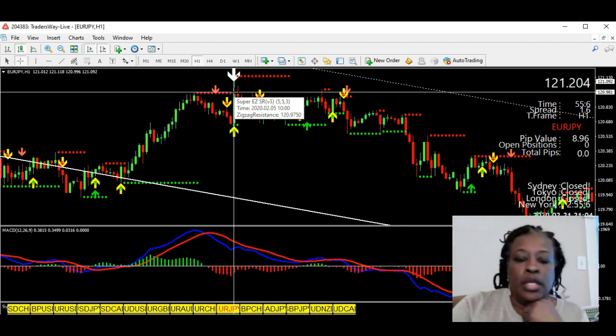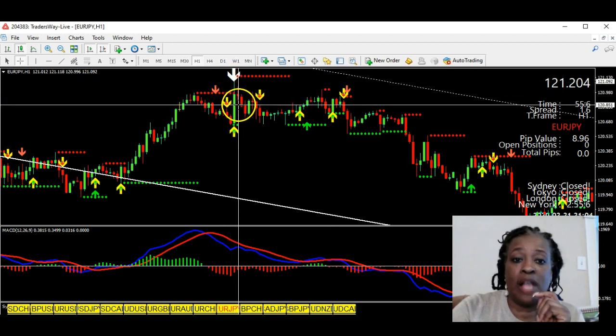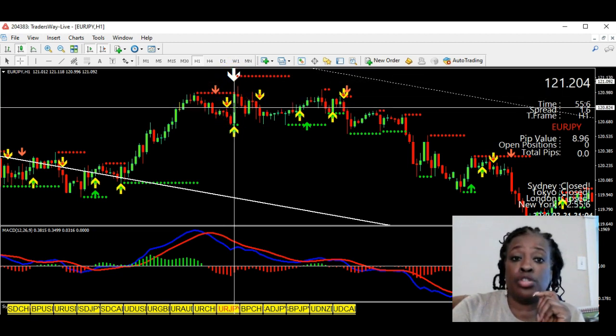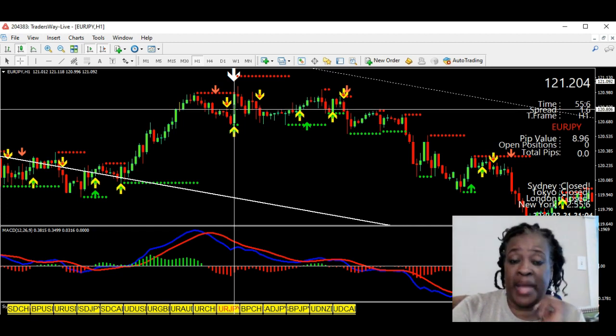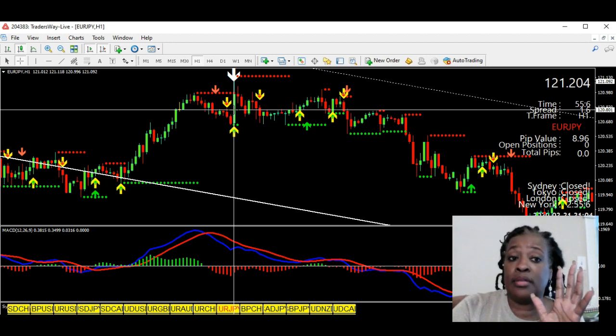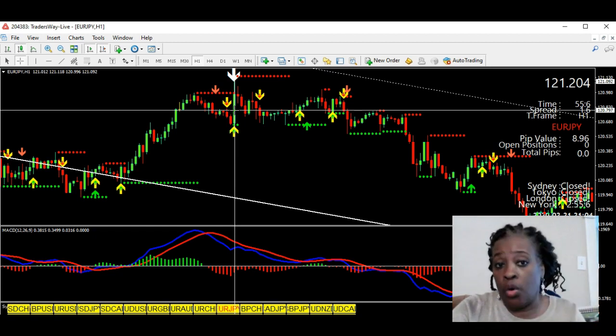Okay. So we have a bearish big arrow right here. What that tells us is that price wants to change directions. It wants to now go into a bearish trend, a downtrend. That's what that bearish big arrow tells us. Not ready yet, but that's what it's telling us. So what you want to do is align down with your MACD to see if the MACD supports that. Now, looking at the MACD, it absolutely supports that, because the blue line crossed below the red line,